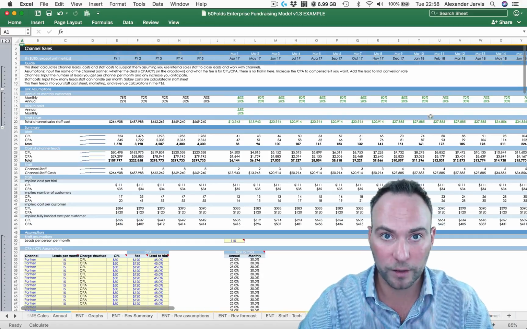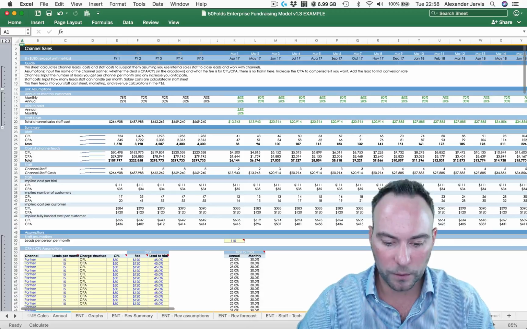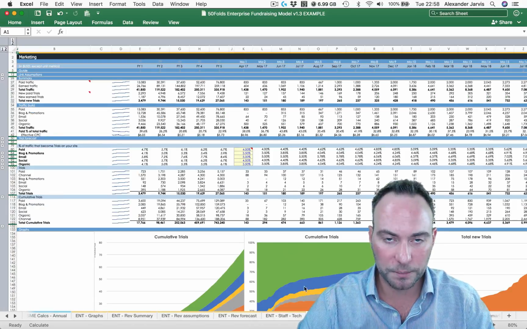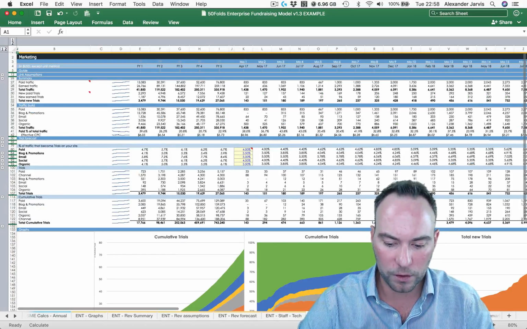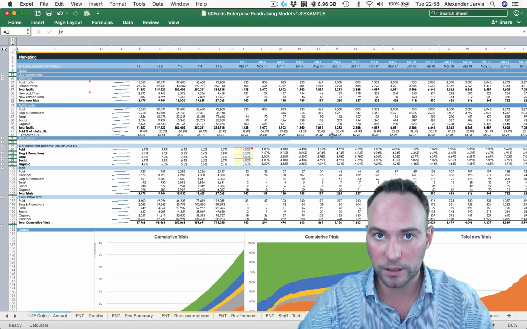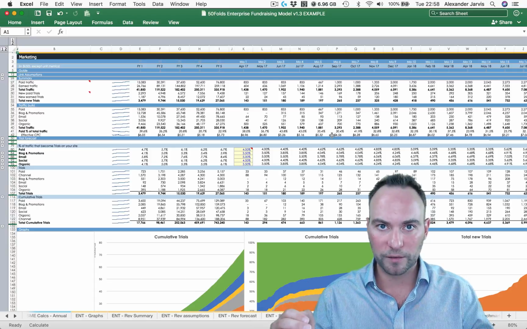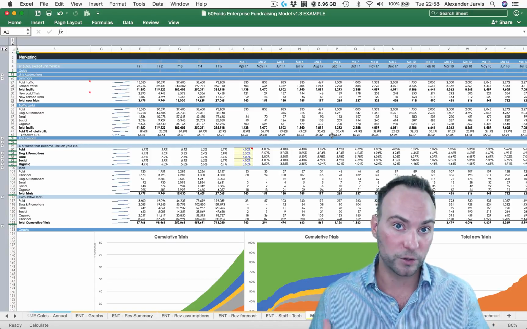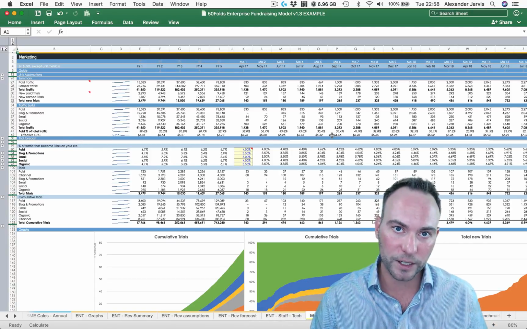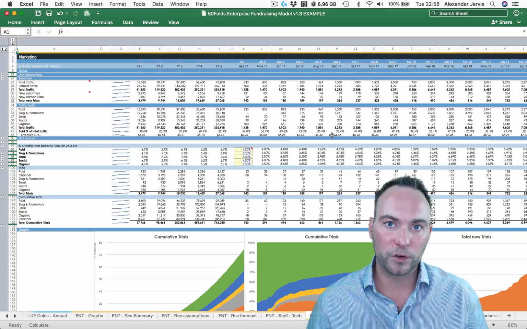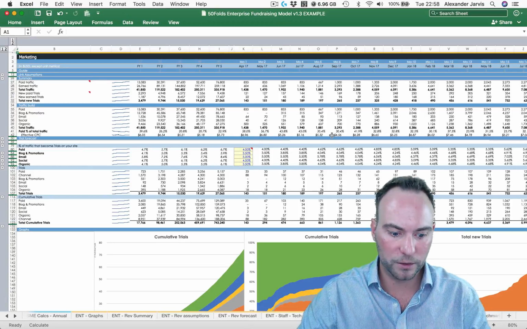And finally, you're going to have the channel sales. So this marketing sheet is basically the hub for all your marketing activities that you're going to undertake to drive traffic to your site. Once you have them, they are then going to convert into trials. And then in other sheets of the model, those trials will then convert into paying users.